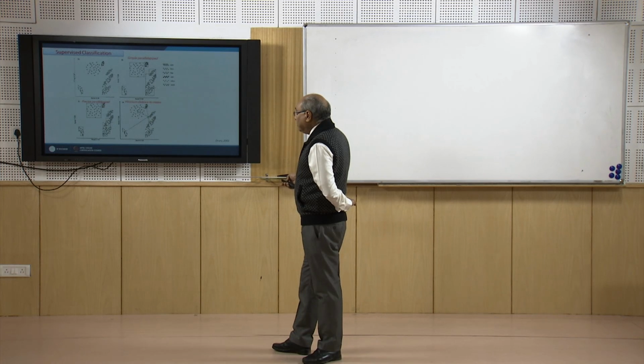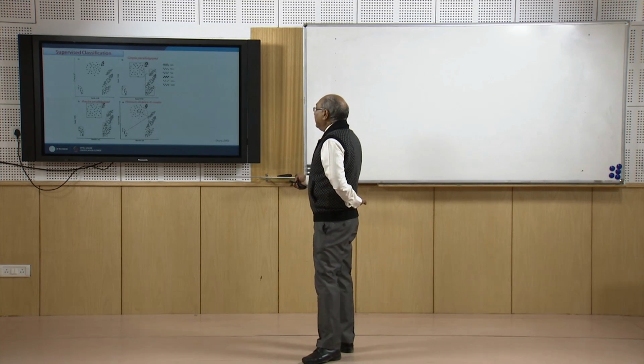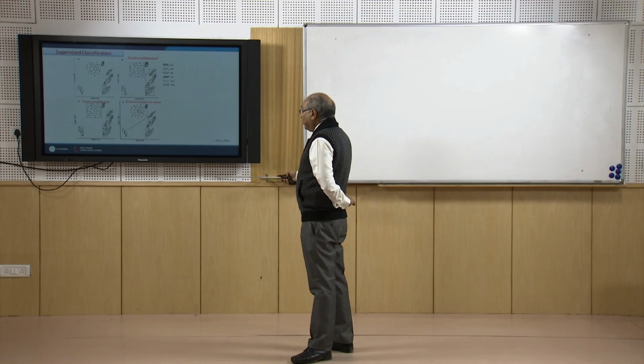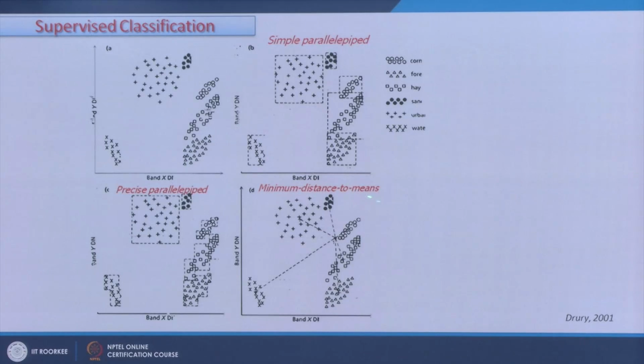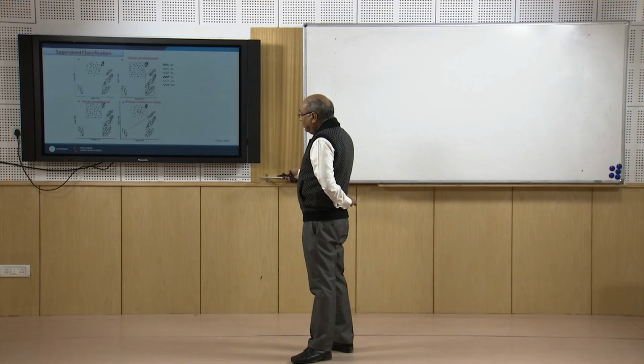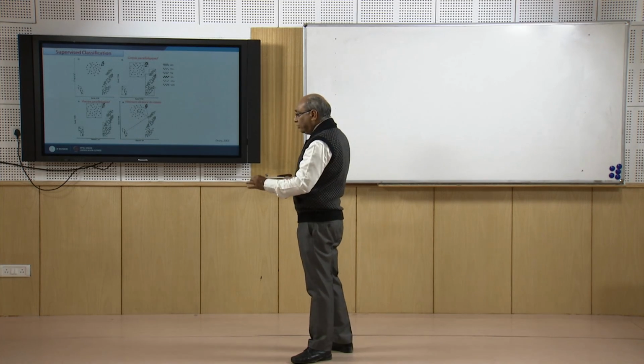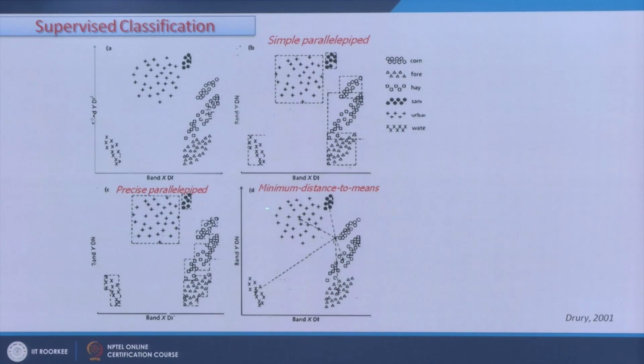So this is minimum distance to mean, that is the area and the distances are measured, and then clusters are decided that these pixels belong to a particular class. Here in this schematic, these plus symbols belong to the R1 class, and so on and so forth. So this way, if we go for classification, we use that algorithm after training sets, that is the minimum distance